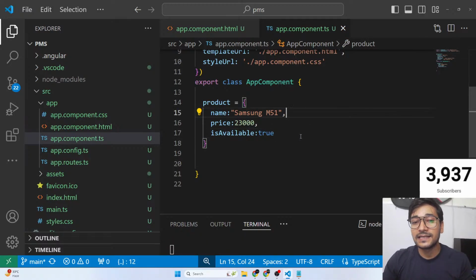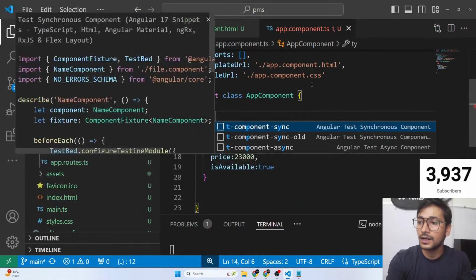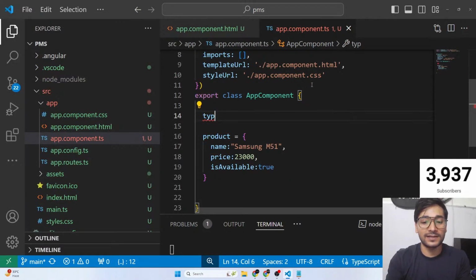Now I hope you remember TypeScript as well. Remember, for objects we used to create types so that we don't accidentally create extra properties, or give the wrong name to the properties. I hope you remember our TypeScript lectures. There we learned that we should always create types for objects in TypeScript. So let's do that quickly. We'll create a type. We'll follow good practices, that's all.